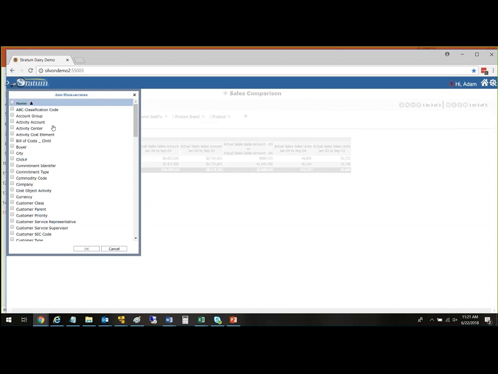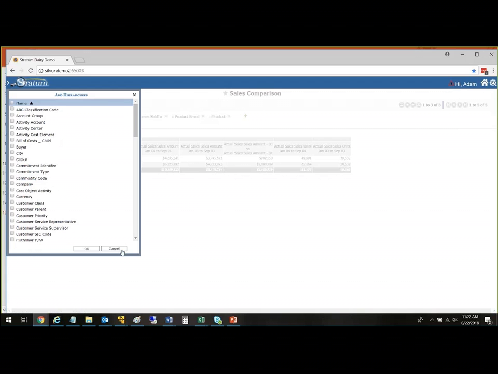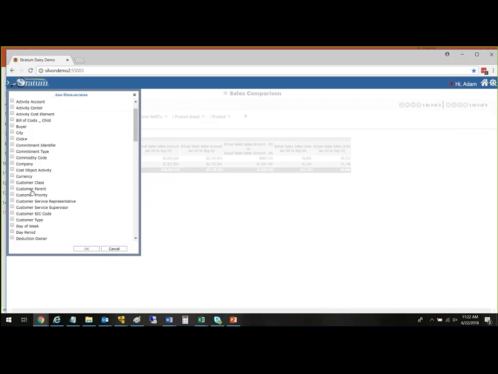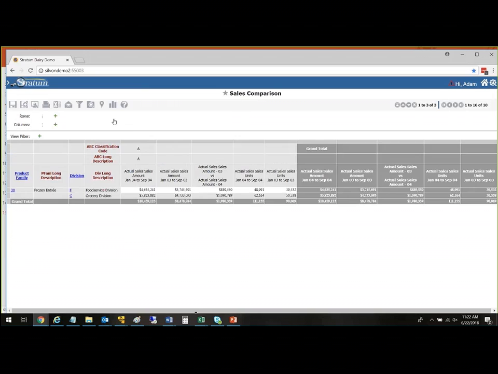My columns, maybe if I want to add in another one here for my columns. So this might be a better place for division, in all honesty. I can put in company there too. Something smaller, you don't want it to be too big here because it's going across the screen, of course. This is more of a cross-tabular. Here I just added in ABC classification. So we can see that pretty much all the sales here are A classified. So that's available now